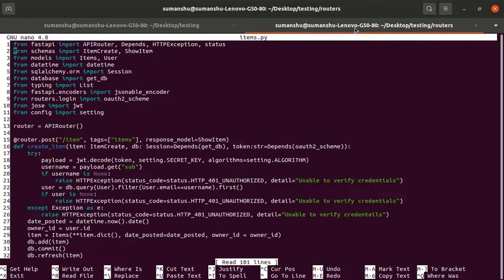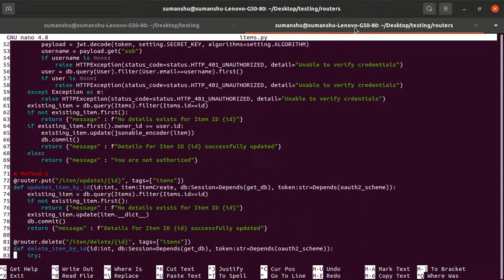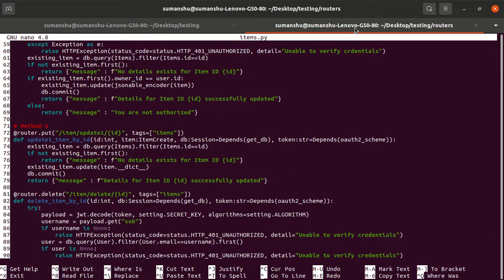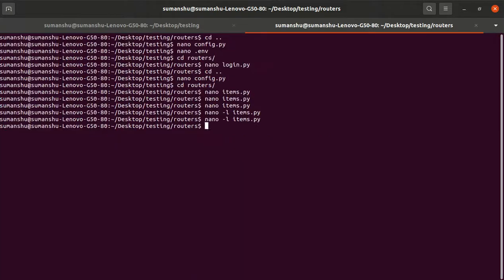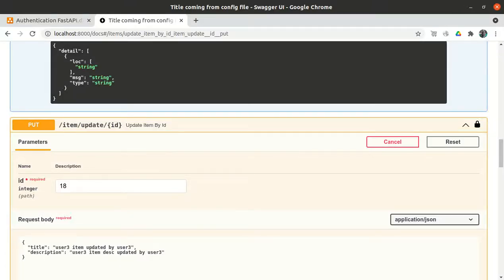But we have implemented two put methods. You have to put everything here just like before this item, because in this put method, rather than a JSON encoder, we are using the underscore dict. Everything will remain the same. You just have to copy paste. I am not doing this, because otherwise the video will be very long. Or otherwise you can even delete this method, because we already have one put method, right? So that's the end of the video. Thank you.